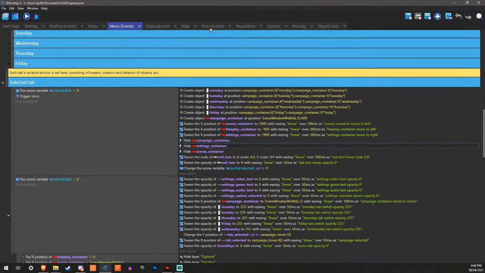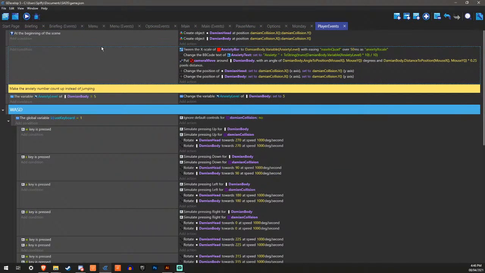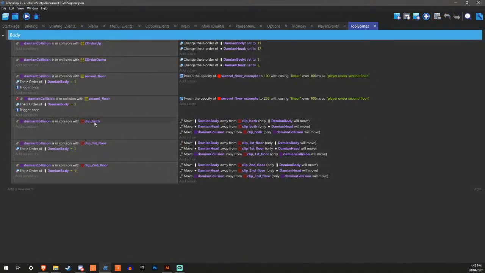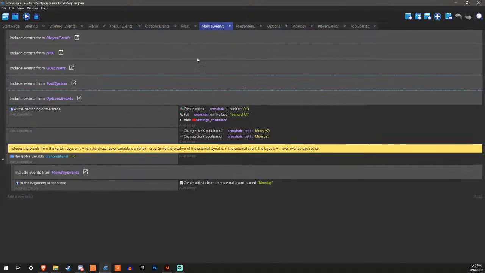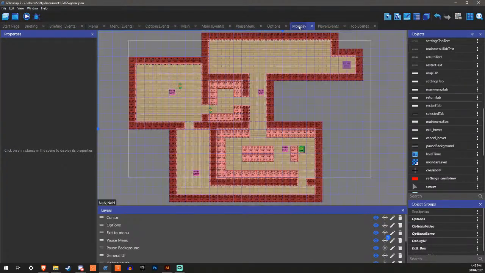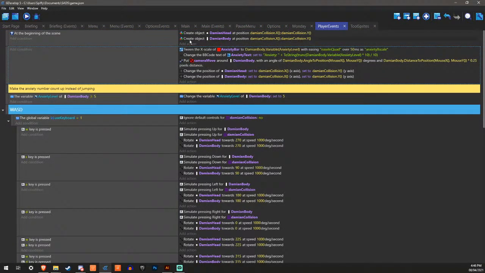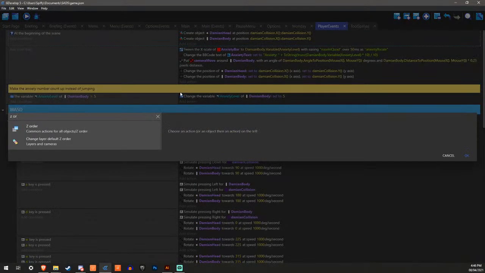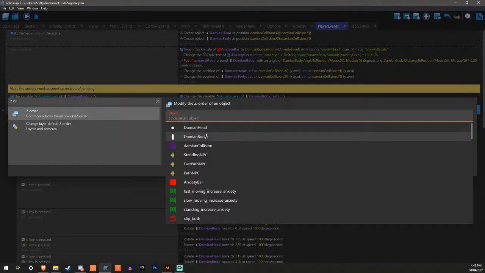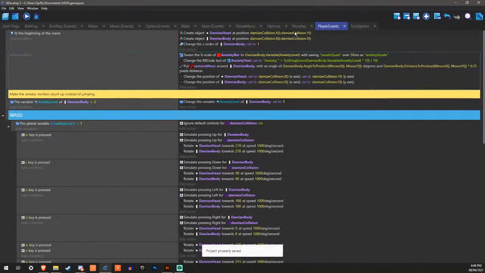It's because of this, in the specs. This right here needs to be 1. So we need to set the Z order of this guy to 1. Okay, let's change the Z order of this to 1, like that. Okay, cool. Now it should work.